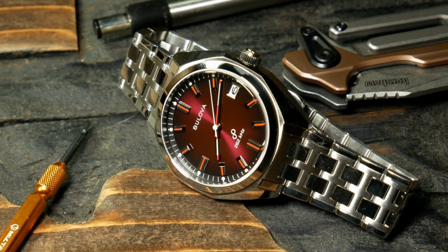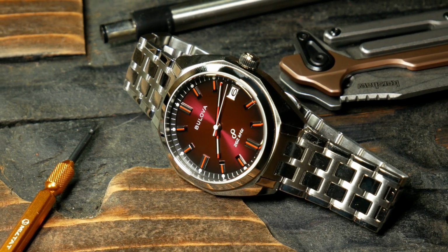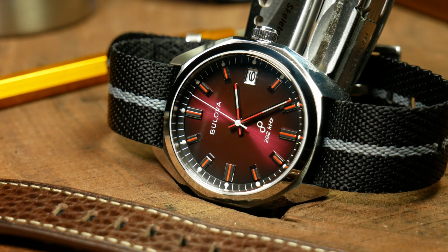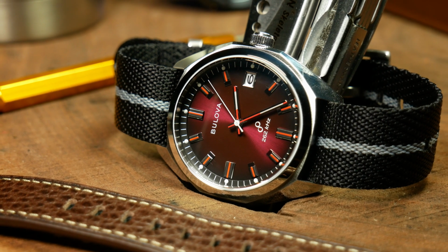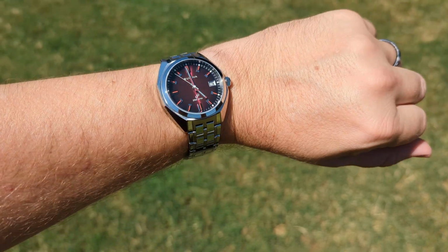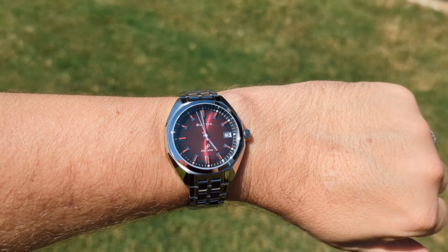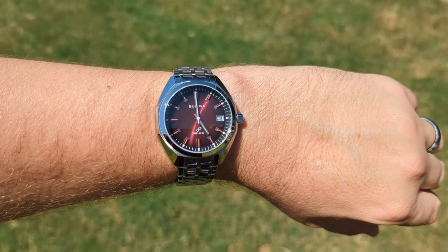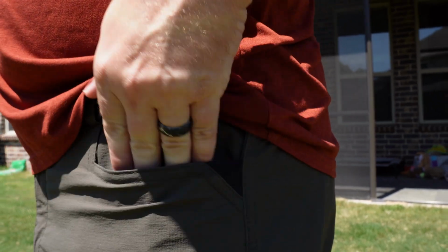And in the worst case, you can always take it off, thanks to those quick release end links. And after that, you can see how much of a strap monster it is. Although, I gotta say that on my 7¼ inch wrist, and even in the Texas summer heat, I never had a problem wearing it. It was actually quite comfortable, especially with the shorter fully articulating links. Combine that with the shorter lug to lug, and you got a watch that's easy to wear throughout the day